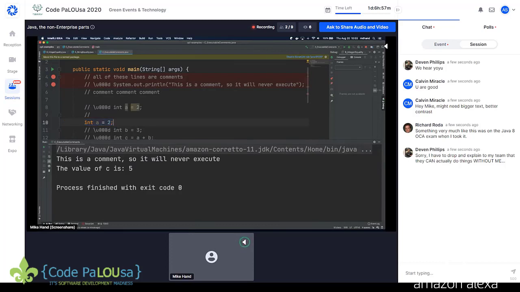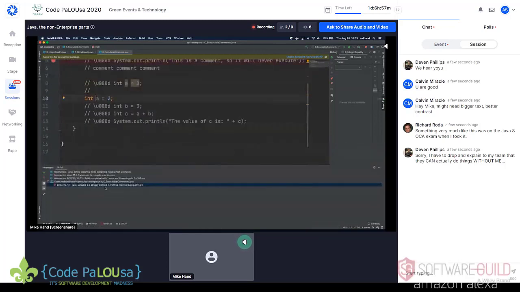So you'll notice that IntelliJ is only so good at parsing this. I do have some highlighting up here that says remove this unused local variable a. Really what it should be complaining about is that I've redefined a. And I'm actually not sure what will happen, but if I try to run this, yeah, the JVM is saying, hey, you've already defined a.